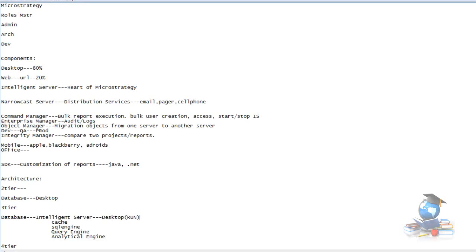Have you heard about cache? Yeah. So you look for a cache and you see the data is available in cache or not. It means have you run this report in this session or not already. Okay? Now, if you have already run this report in this session, then it will pull the data from there itself. Now, if you have not run this report already in this session, if it is not available in cache,